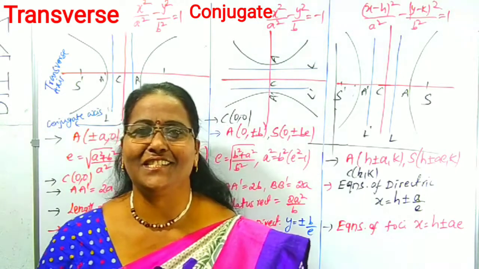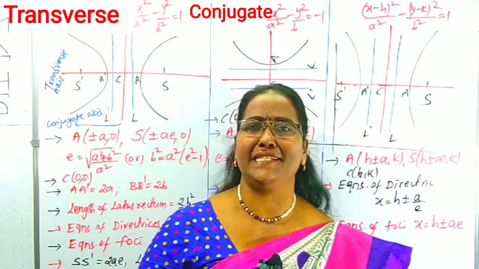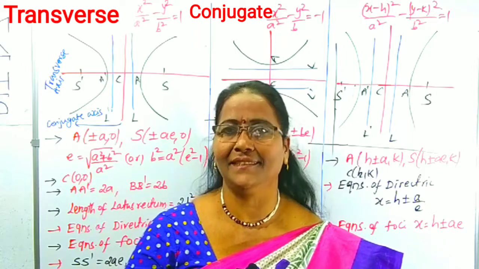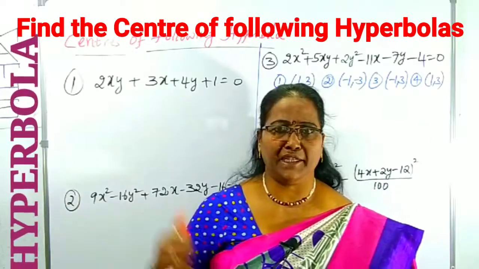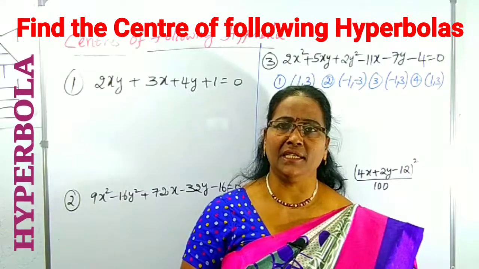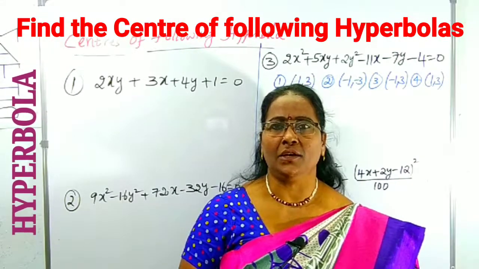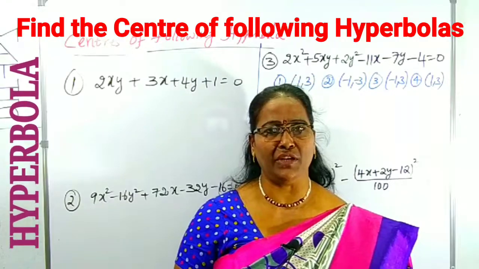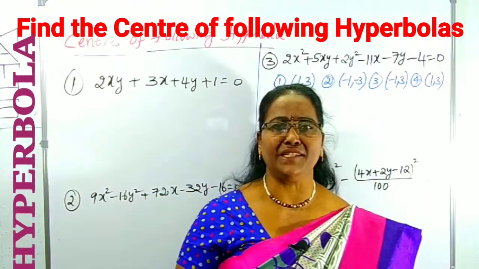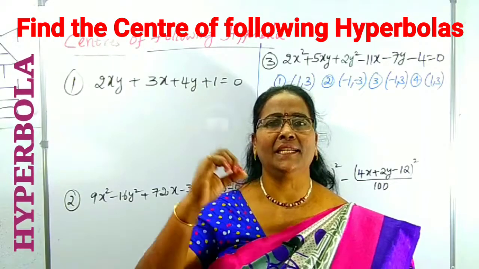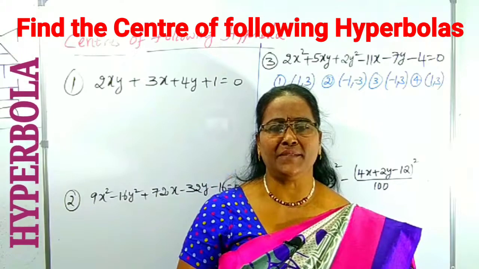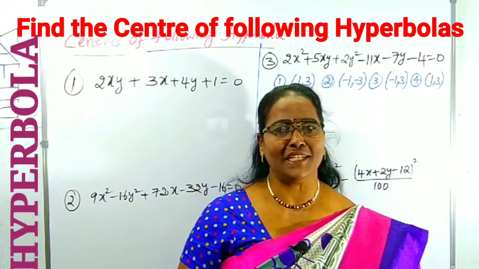Right? Now we can start the questions which depend upon the center and eccentricity. How can you find them out? By using the various contents. Are you ready? Yes. I already explained to you the various forms of the hyperbola and their center and eccentricity. The center may be at 0, 0 or h, k. But here I am going to explain how you can find the center within a fraction of a second, without converting into the general form.